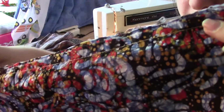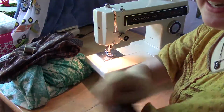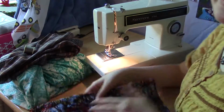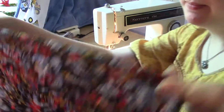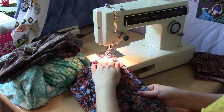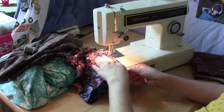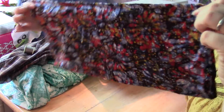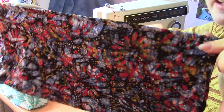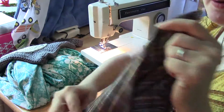After you've sewn that straight line, you want to turn your piece right side out. So flip it around. Now you should have a seam right here. Now you are simply going to sew another straight line on top. So now we have a very long rectangle, but the seam has been sewn, and there's also a line on top. Now we're going to take our bag piece,